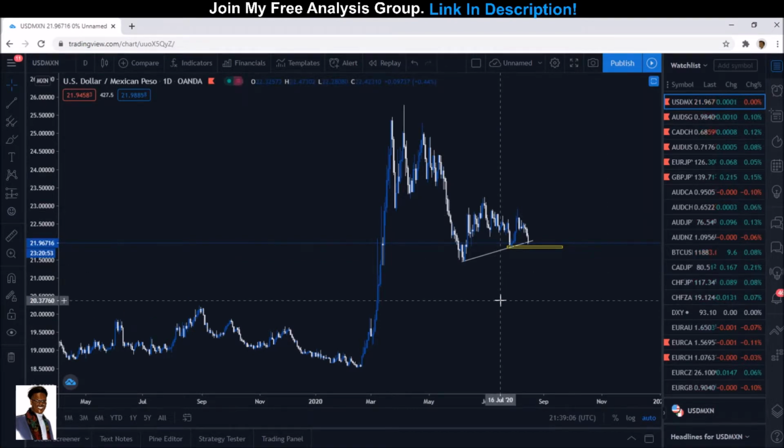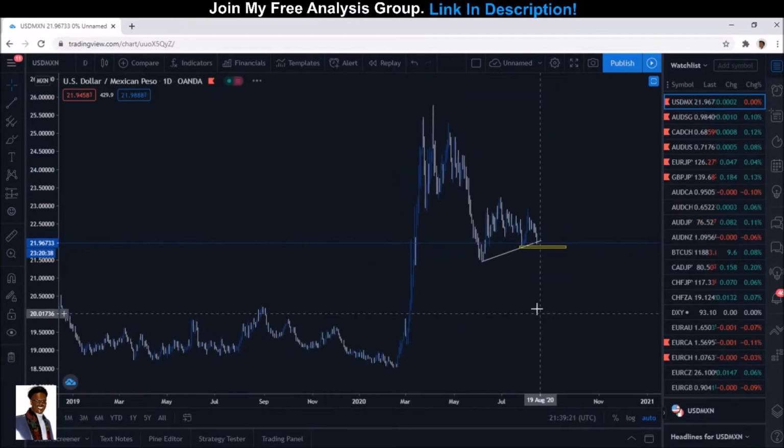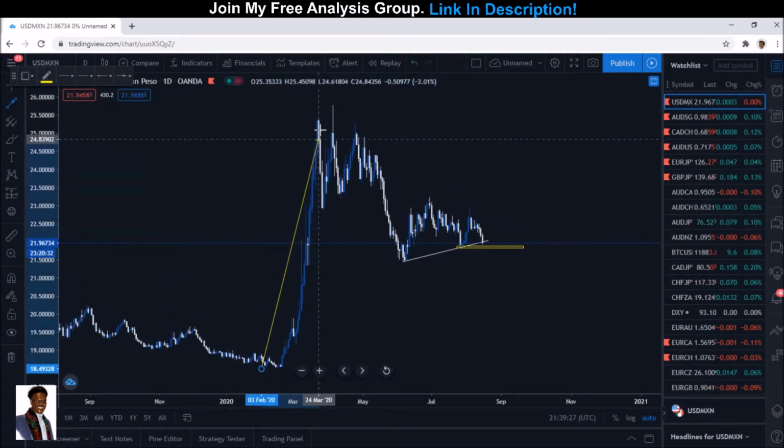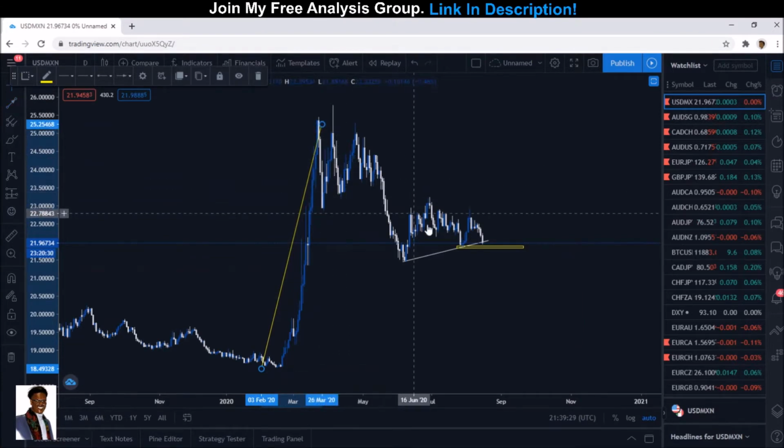Today, I'll be going over a couple of pairs that I'm looking at going into the week of August 16th, 2020. All right, so let's get right into it. I got USD Mexican peso here on the daily time frame. Here you can see after this huge impulsive move to the upside, we've basically started to trickle back down, right? This is a retracement phase that we're in, but nevertheless, it is a downtrend, and I'm looking to go with